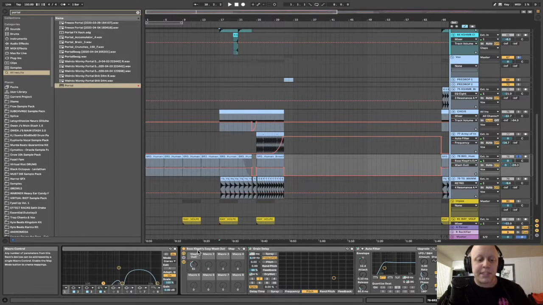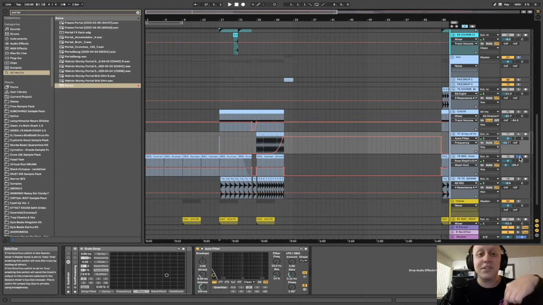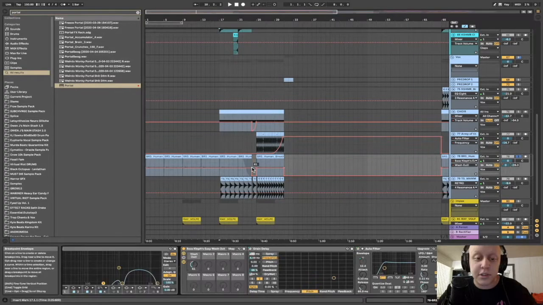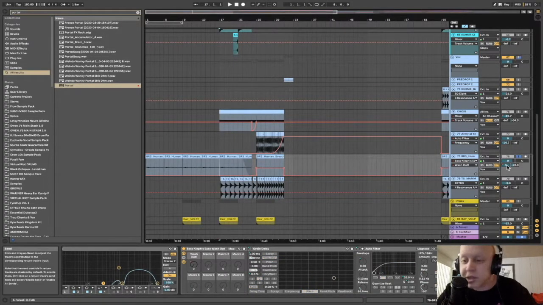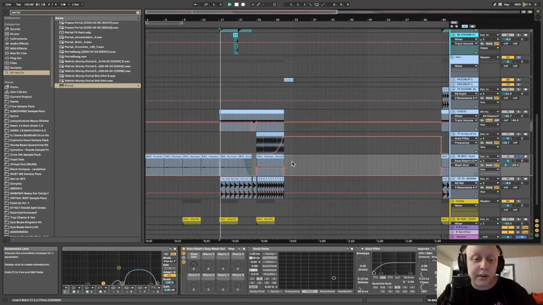So essentially what Bass Cleph's Easy Washout is, if you don't know what it is, it's an amazing free Ableton rack. Really good for using in build-ups and really atmospheric stuff. I'll actually link to it in the description below. It's amazing. So let's see, without it, I also still have some reverb on here, but without the rack,